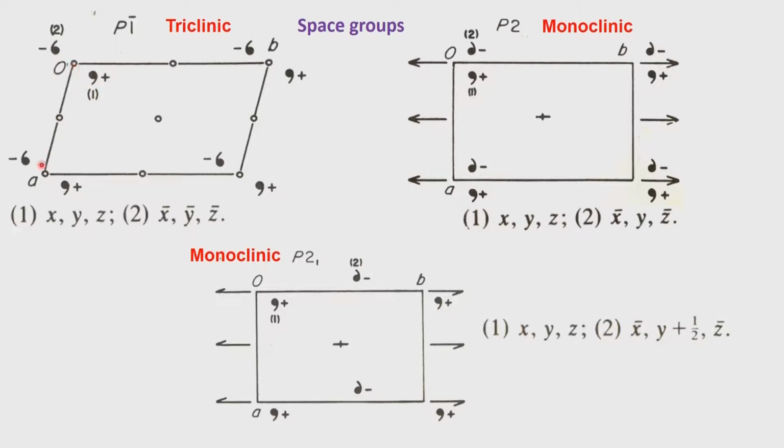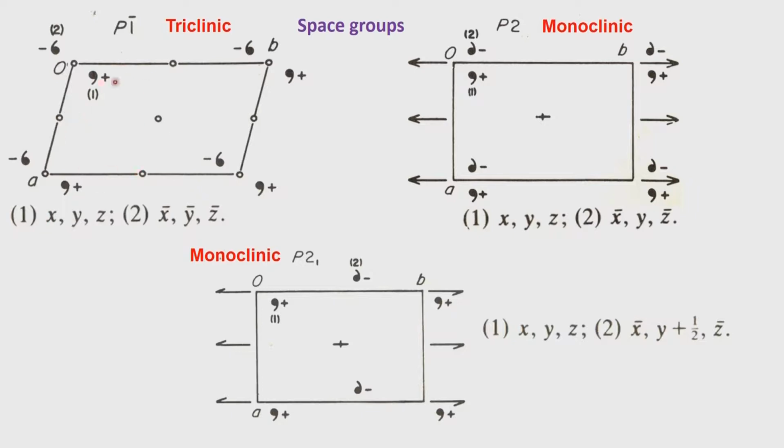It will of course repeat after one translation along A because of the periodicity that is required in a crystal. It will also repeat 1 unit along B because of the periodicity and 1 unit along C. So, if you now consider this particular object and say it is coming towards us from the board, then we have the x, y, z as the coordinate. So, that means if you now take this as the x value and that as the y value, z will be the value which is coming out of the board, then we have the position of this object located, and that is located at x, y and z.